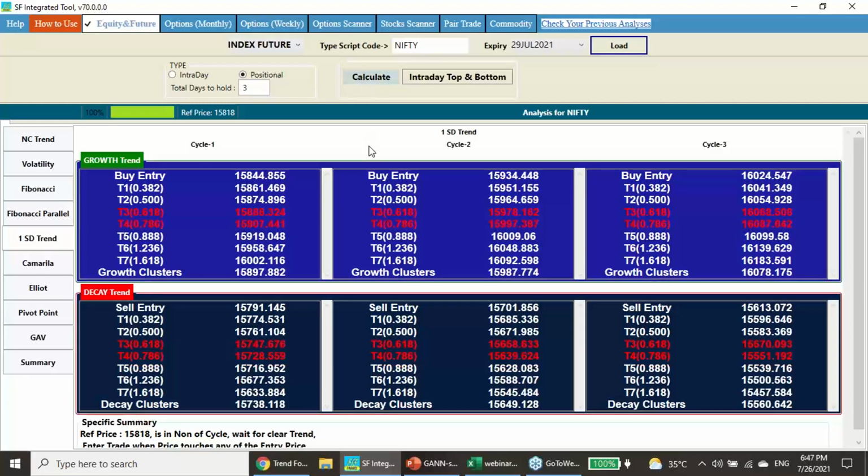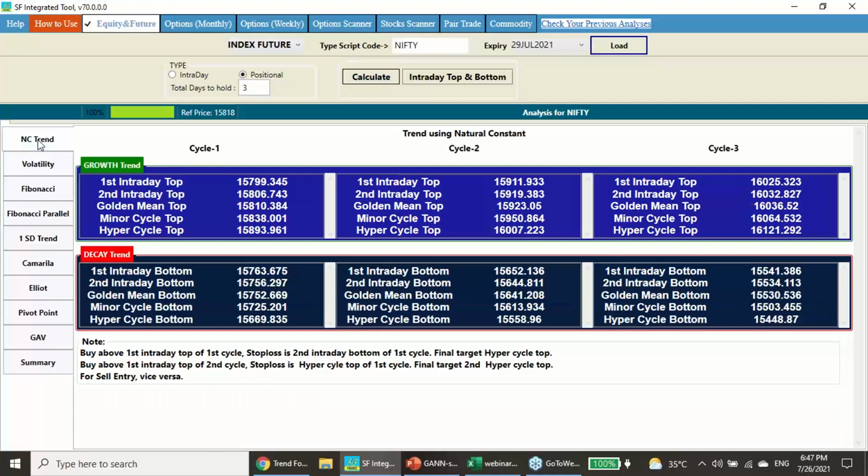Once those calculations are done, I just have to hit here. I will get the levels for Nifty for the coming 3 days period. So in the software, you will get the real-time estimation of volatility. If you want, you can take a photo of this screen. So what are the levels we are expecting for the coming 3 days period?